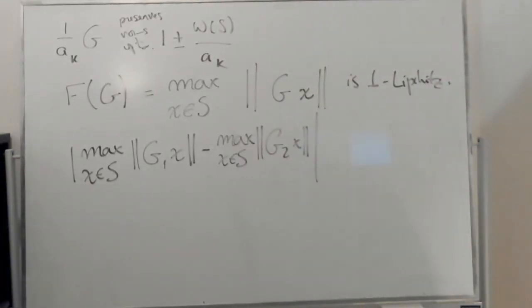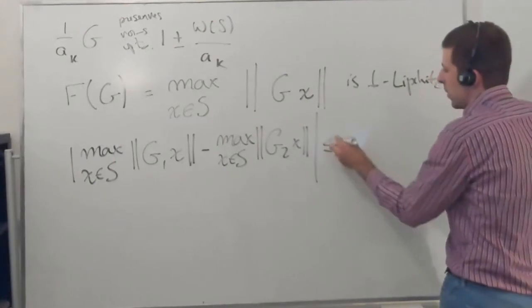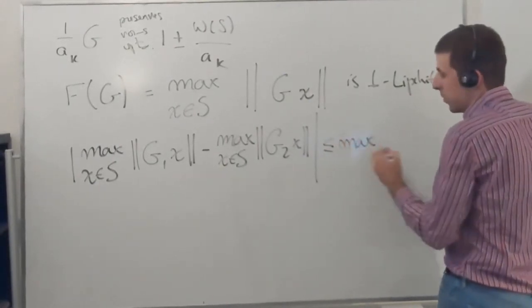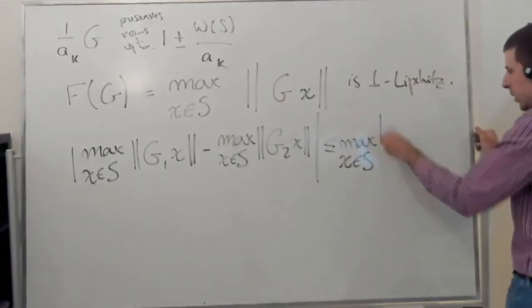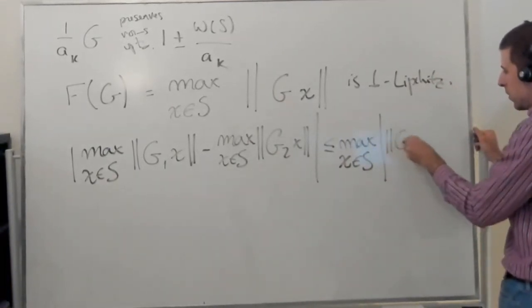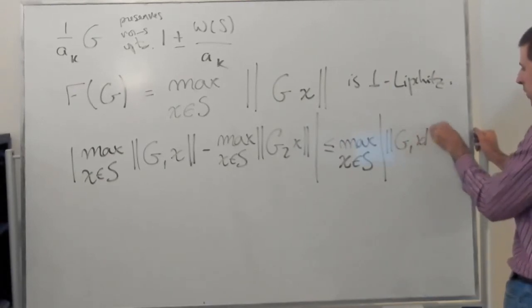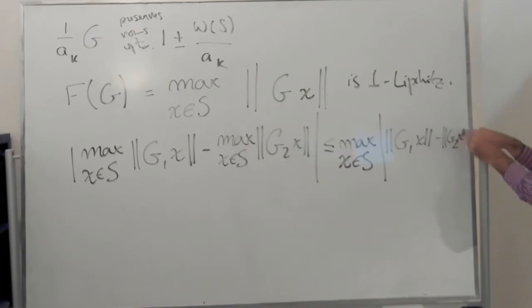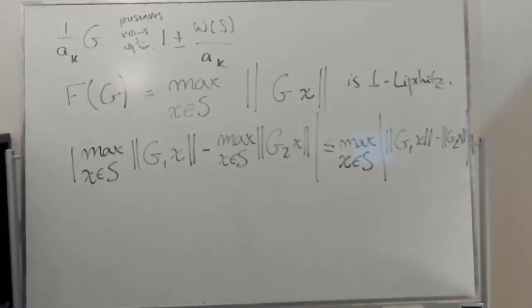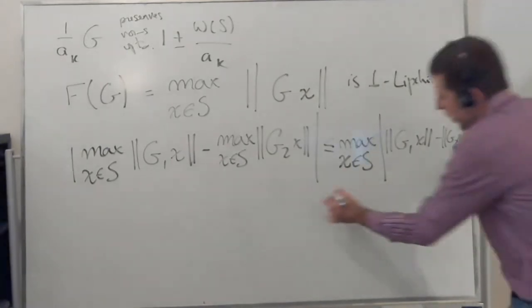And of course, this is smaller than if I just take the max of the difference up here. It's the same thing. We've done this a few times. The max of g1 x minus g2 x. Now triangular inequality,